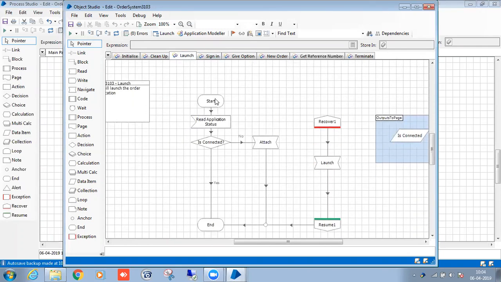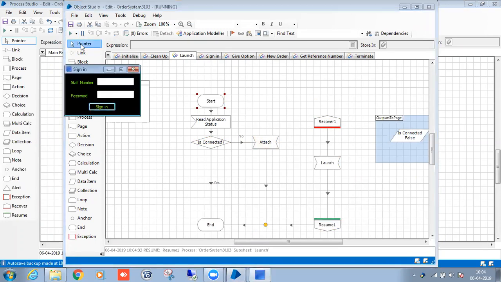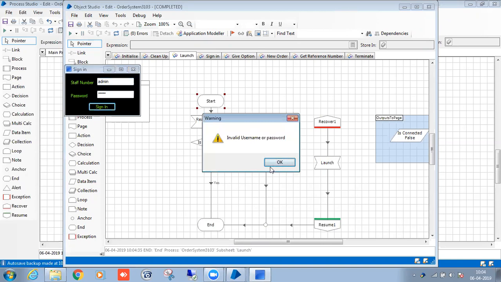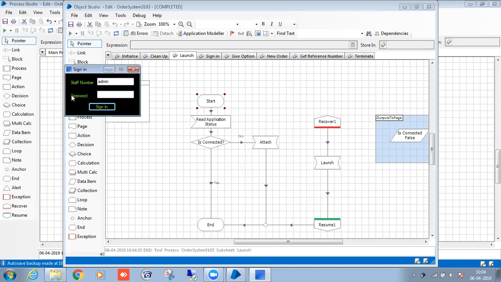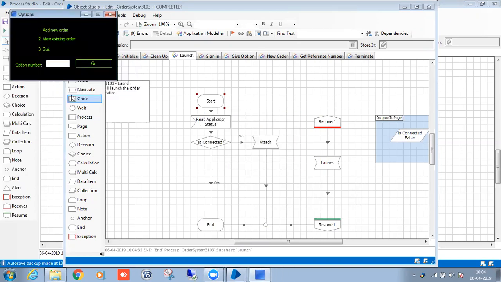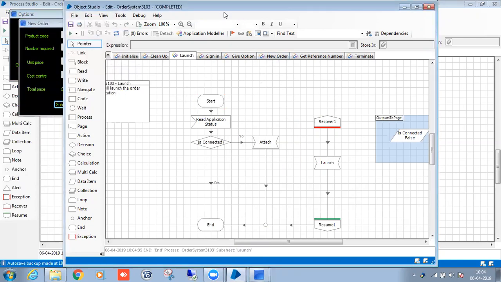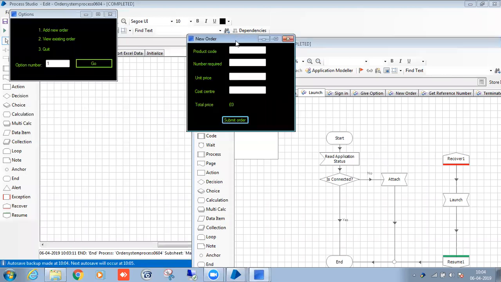But the text was different, I guess. The reference number will change, because this is a dummy application.